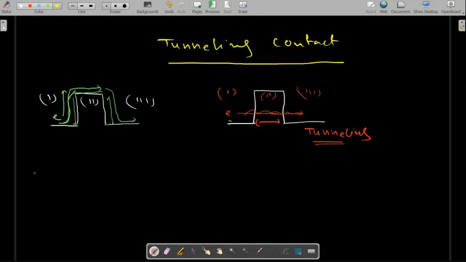So we already calculated the width of the depletion layer W for our PN junction in our previous classes. Now, similarly, the same technique you can apply for a metal semiconductor junction, but you know that metal semiconductor junctions are one-sided junctions. That means the depletion layer is created only at one side, because on the metal side there will be no depletion layer. So whatever the depletion layer is, it is at the semiconductor side only.